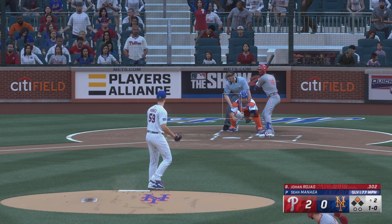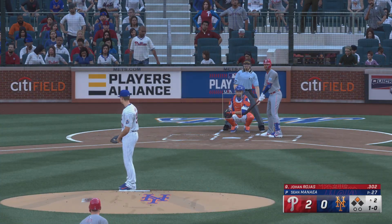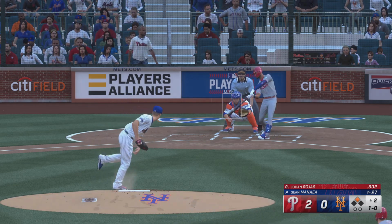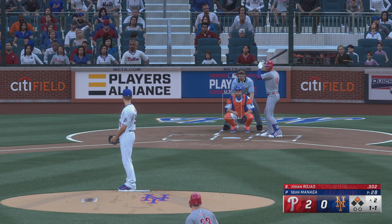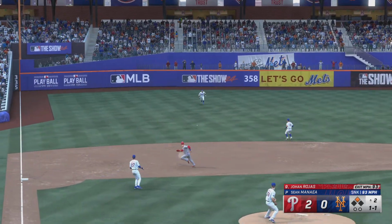And now Johan Rojas. And that one is inside. Late with the swing there. Dave Lawrence assigned to work home plate in this one. Good umpire, Boog. Very fair, very consistent. Now, I did hear some feedback that he opens up the...